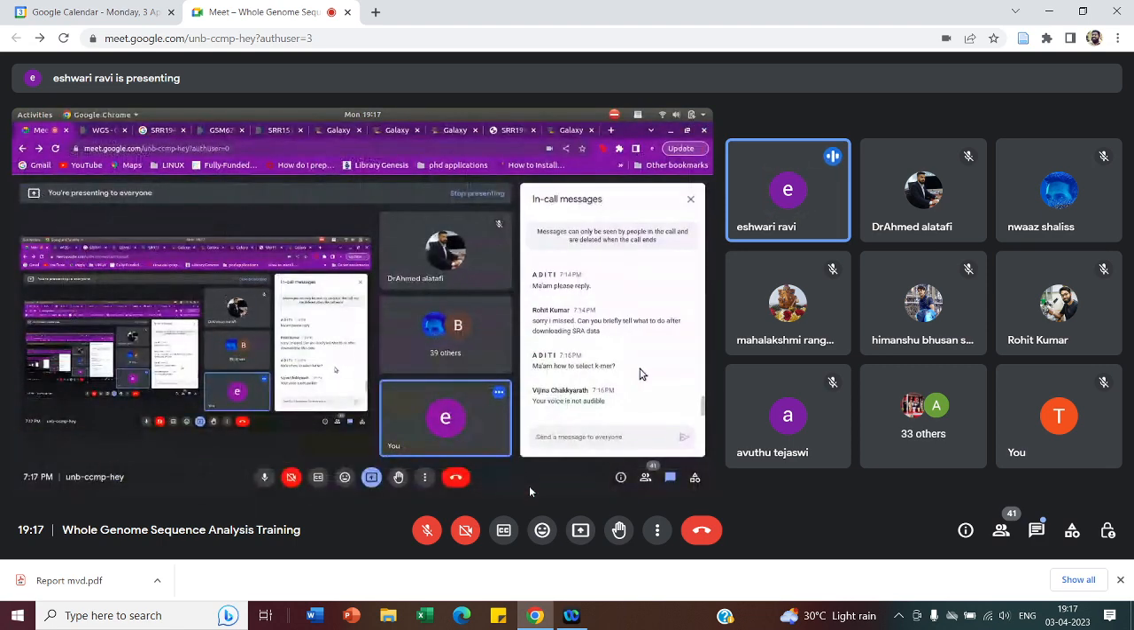Mr. Rohit, how to select Kmer? It depends on the study you want. Default for Illumina sequencing analysis is 7. I can get back to you in more detail maybe tomorrow because